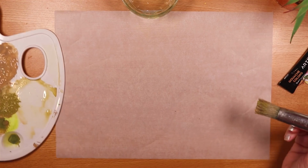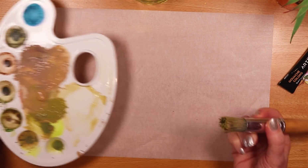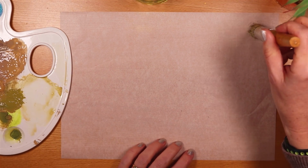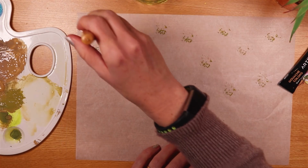I'm going to dab it onto here. I've not completely mixed up all three colours together. I put a bit of all three on my brush, but I want a little bit of variety of colour on the page. And what I do is very gently, so you might be doing this with just a tiny piece of brush in your hand,